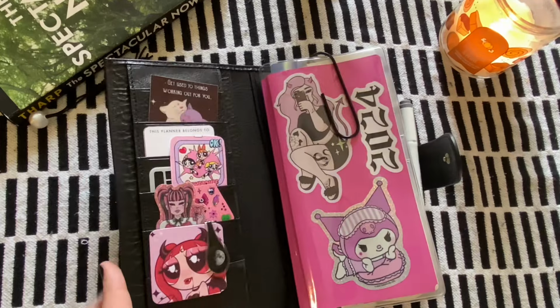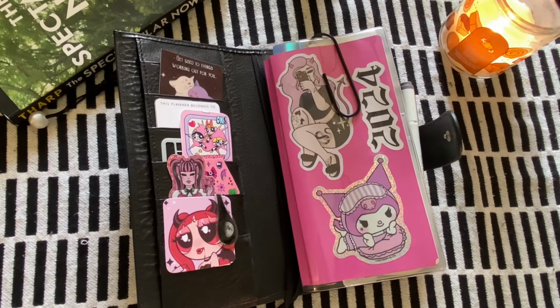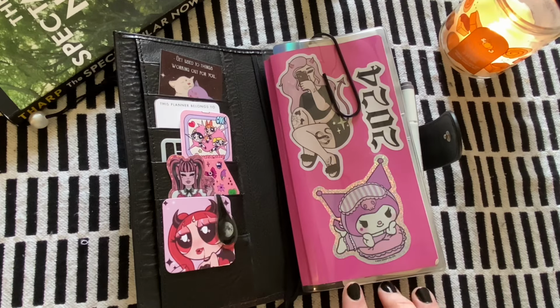But this is still, you know, not much has changed. My ephemera and stuff has changed. Like I said, if you guys want a detail flip, let me know and I can tell you where every little piece of ephemera has come from. This is the sneaker weeks, and I already know next year, oh, this is a mega by the way. I already know next year